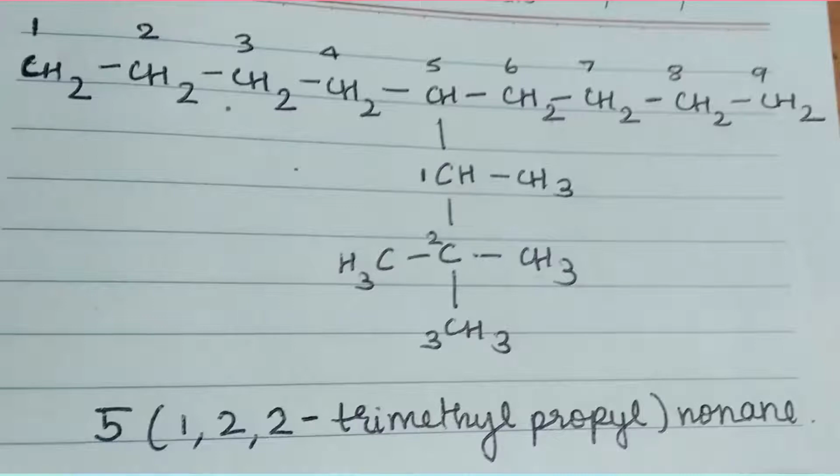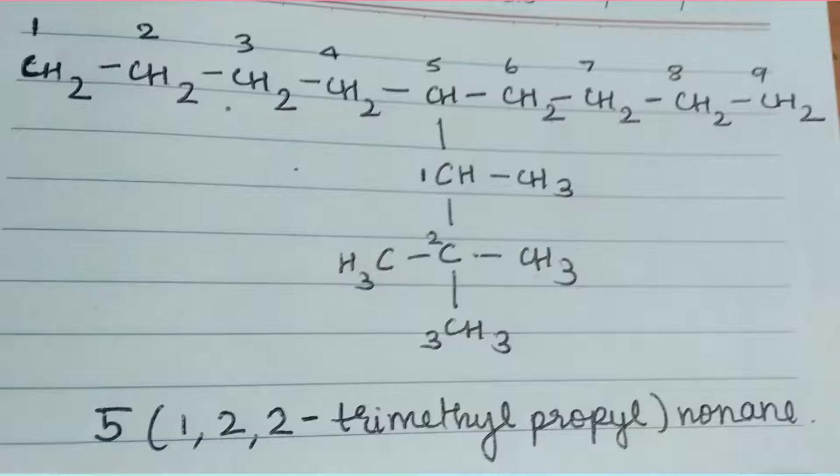Sometimes there might be a chlorine group and a bromine group present here. That time we don't write it as dibromo-chloro. For example, in the first one I have one chlorine, in the second one I have a bromine, and I don't have any of the substituents here. I'll write it as 1-chloro, 2-bromo. I won't write it as dichlorobromo or dihalo, nothing like that. We have to mention the particular name of each separately if they are not the same kind. But in this one, if you see, the substituents are of the same kind, that is, they all have the methyl group present in them. So we write it as trimethyl.